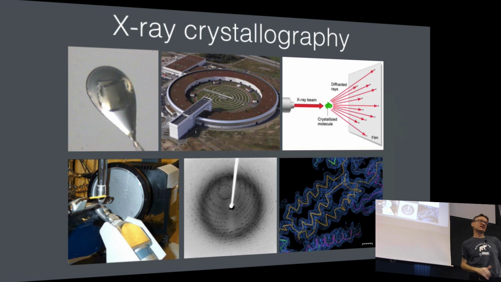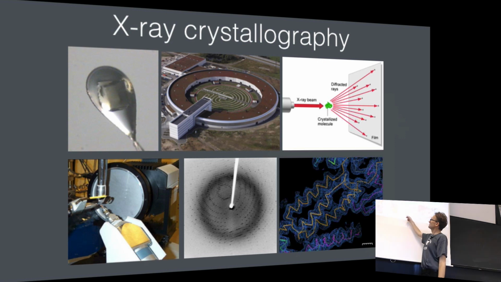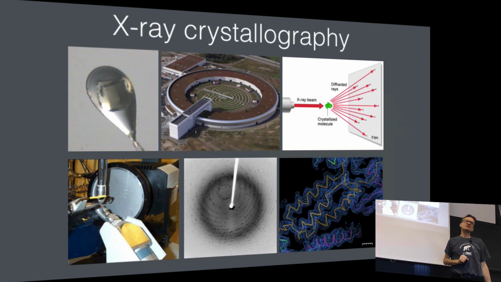That is so not film today, of course. You have computer CCD sensors. And then you're able to determine that type of patterns. It's slightly faster than 22 years nowadays because we have computers to help us. But then we determine what is the electron density corresponding to that pattern, and then you use computers to build a molecular model. But this can easily be a project that takes a few years. Just getting a crystal can take a year, if you can get it at all.